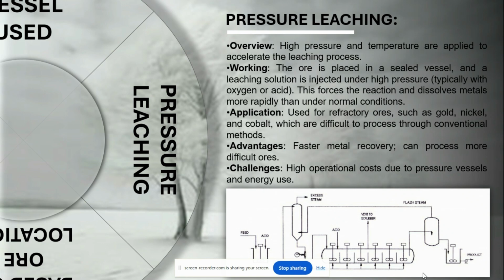The major applications of pressure leaching are in the extraction of gold, nickel, or cobalt. Nickel and cobalt are quite difficult to extract using conventional methods. That is why we use pressure leaching. The main challenge that we have with pressure leaching is its high operational cost as a high pressured leaching agent is